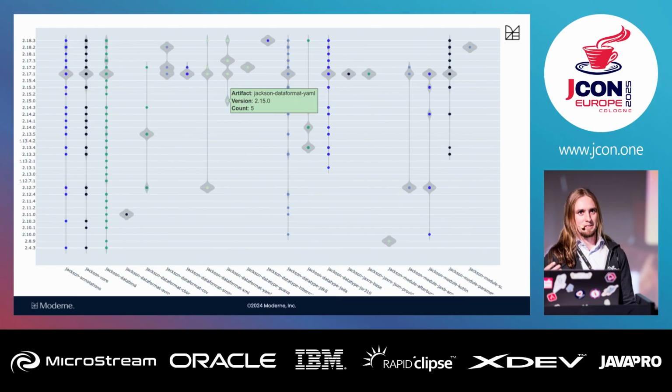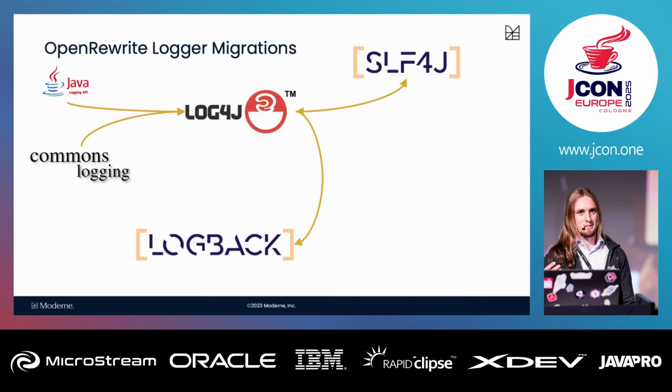That can be changed, because we can migrate between libraries easily with OpenRewrite. We can, for instance, do logging migrations. Maybe some small projects use Java util logging, or some old projects use Commons Logging. Just migrate them to log4j. You can migrate further to Logback or to SLF4J, or you can migrate in circles between log4j and SLF4J. Sounds ridiculous, but